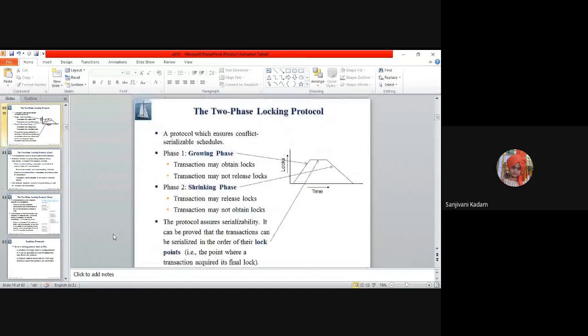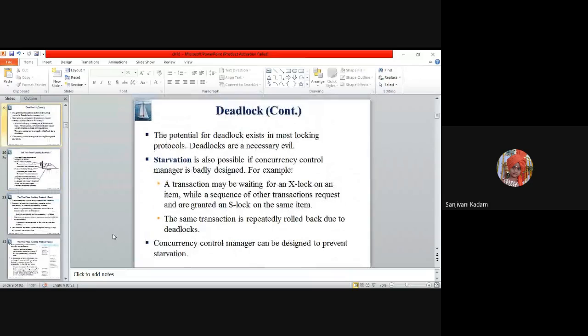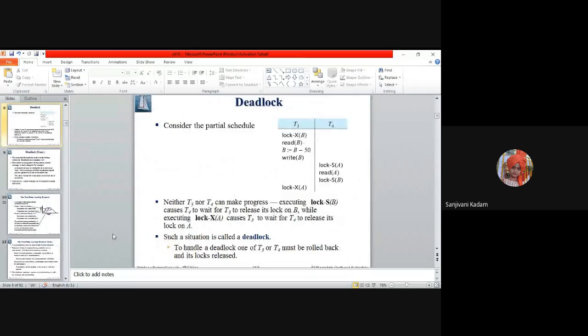Again, we have seen the deadlock condition. Deadlock means that there is a circular waiting of transactions for locking data items, and hence the system may go into a hang state. To handle a deadlock, one of the transactions should be chosen and rolled back.